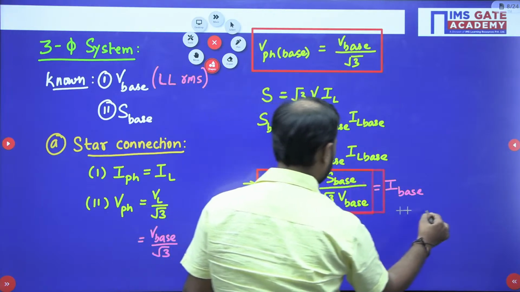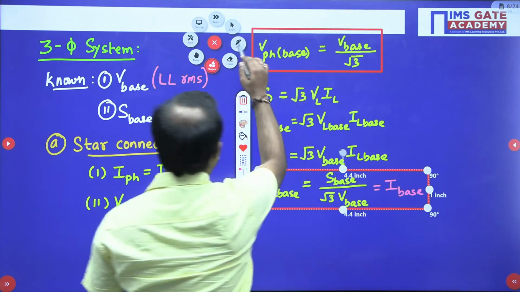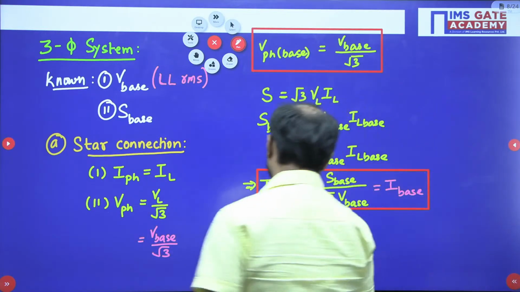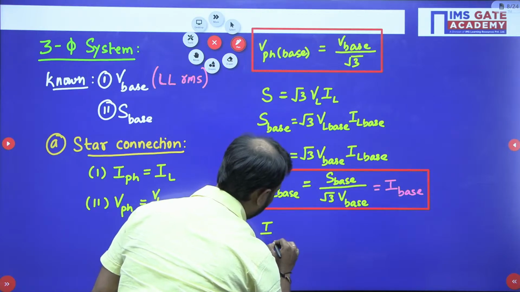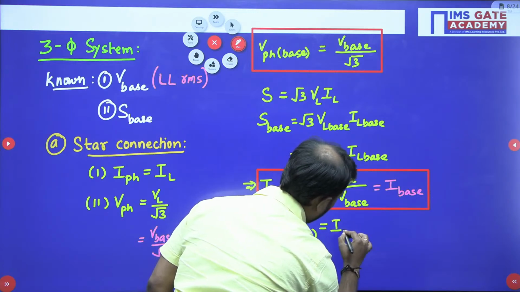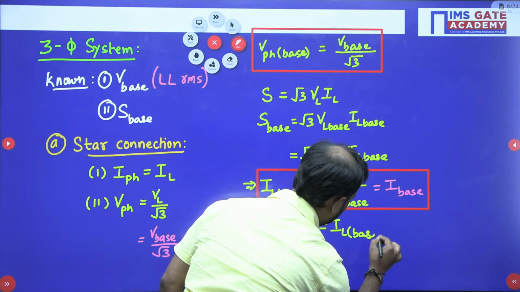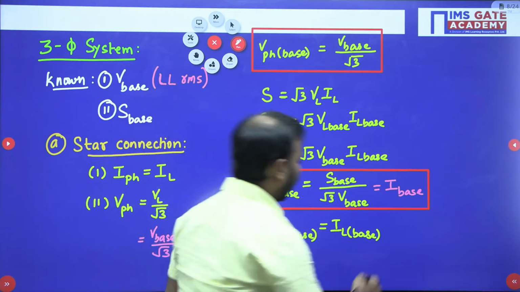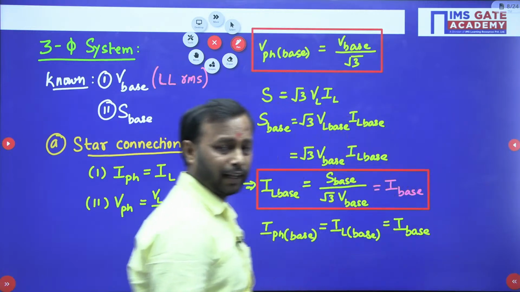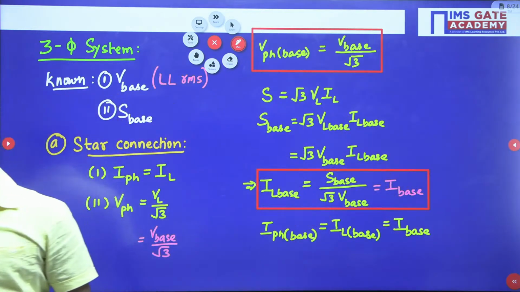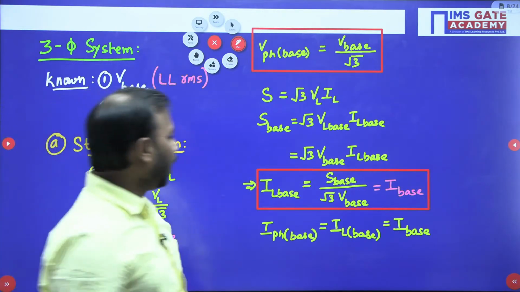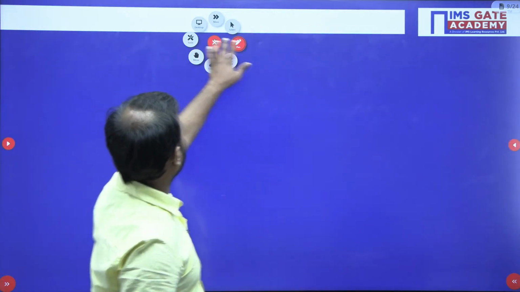So we have got the two base values. Let me inbox this. Now we know the relation that your phase and line current are both equal. So can I say I phase base is nothing but IL base, and this is your I base. It means that for the line and for the phase current, your base values are same. Any doubt in this? Okay, let us move on to the impedance